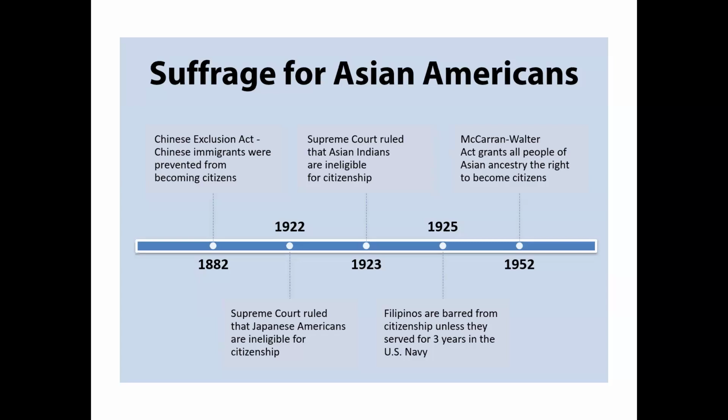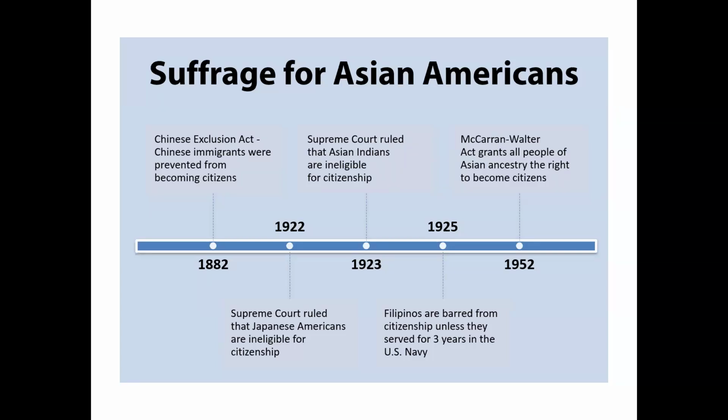A lot of times, women that were seen as being Asian American coming in, they were treated almost like they were prostitutes. They did not think that they were being serious about their intentions of coming over, and were even more so impacted as well. The Supreme Court went through many different rulings in which they ruled that Japanese Americans were ineligible for citizenship as well as Asian Indians over time from